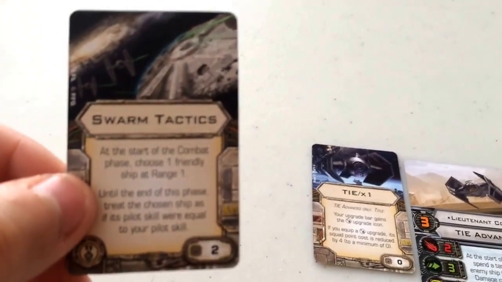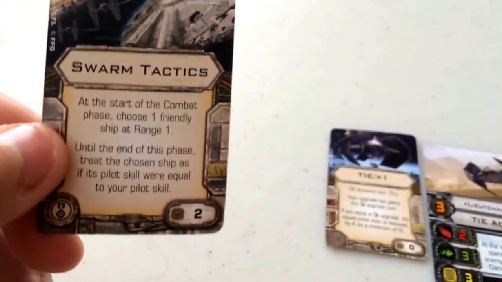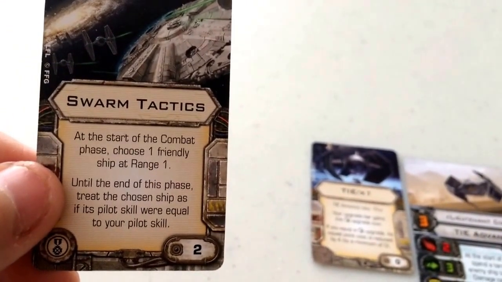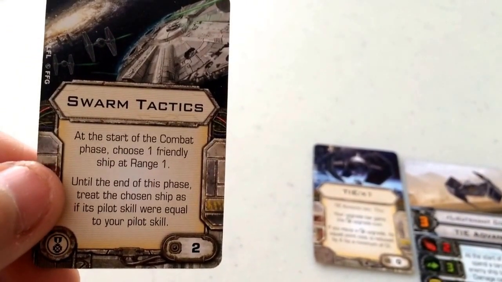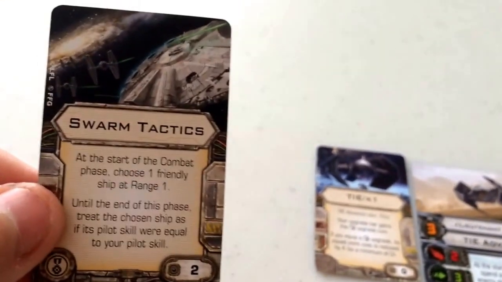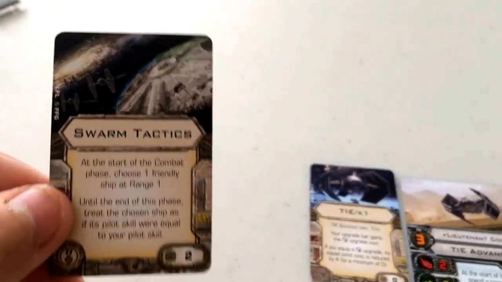His elite pilot talent, elite pilot skill, is Swarm Tactics. Coming in at a squad point cost of 2, it reads: at the start of the combat phase, choose one friendly ship at range 1. Until the end of this phase, treat the chosen ship as if its pilot skill were equal to your pilot skill. This combined with Youngster makes for an extremely powerful swarm, because